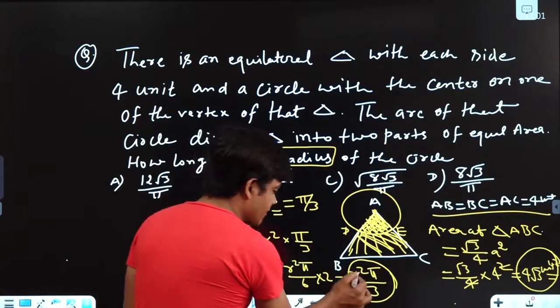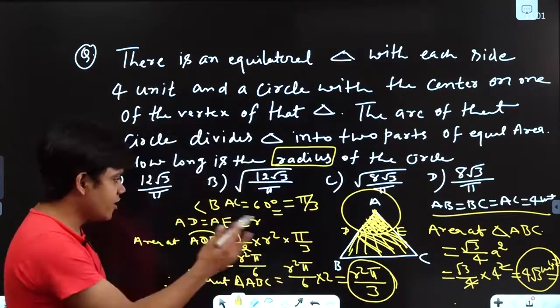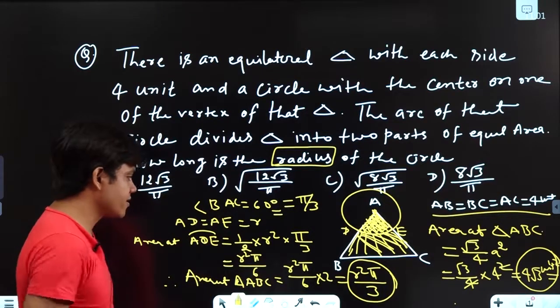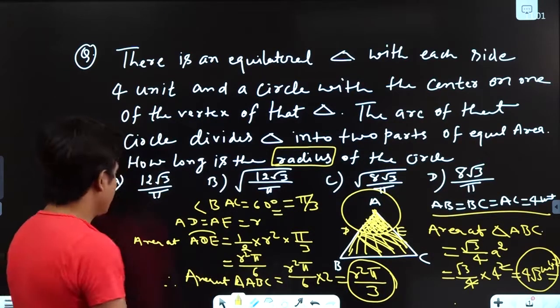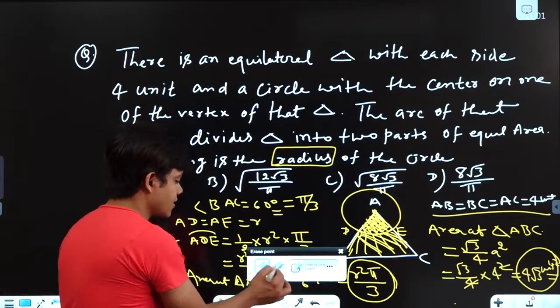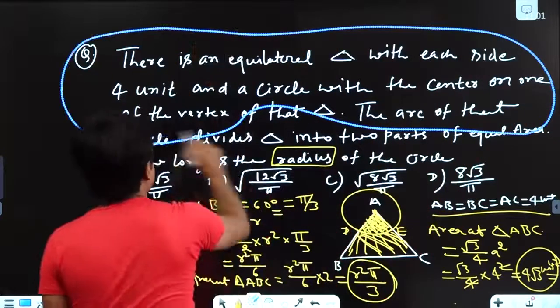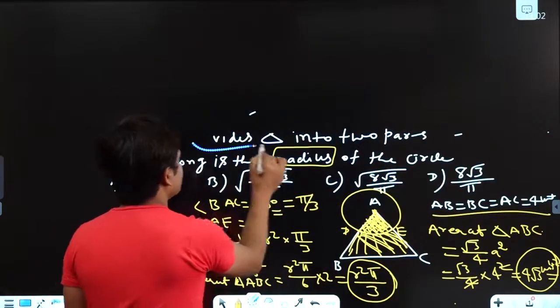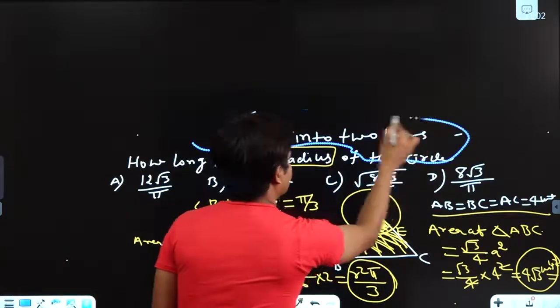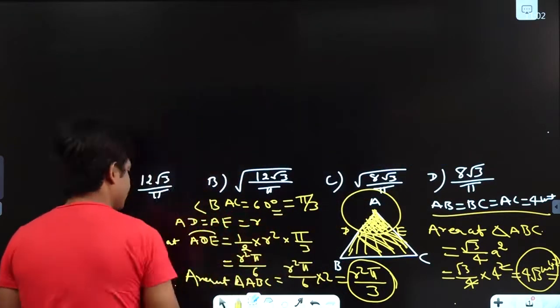And another way says the area of triangle ABC is R square pi by 3. So by equating these two, we will certainly get our result. Okay, so what shall we do? Yes, just a second. We need some space to write the things. All right, I can take the next page, but it's okay.